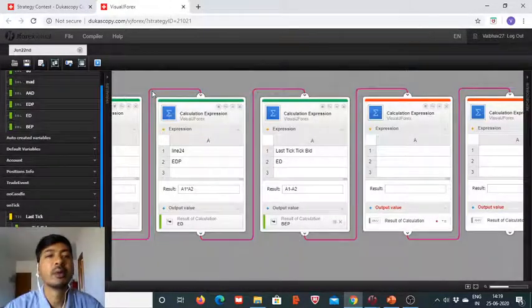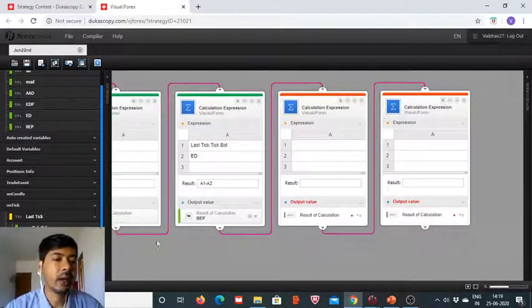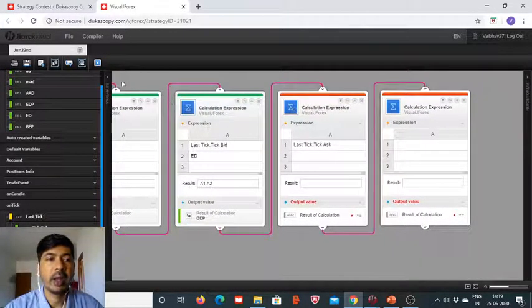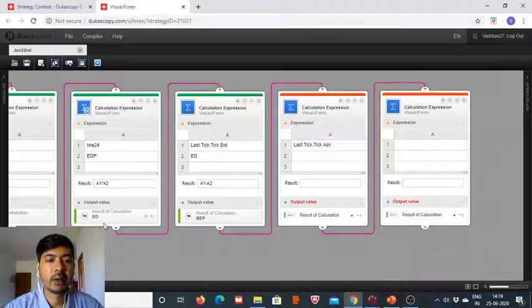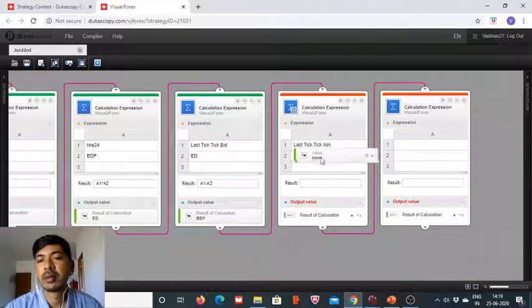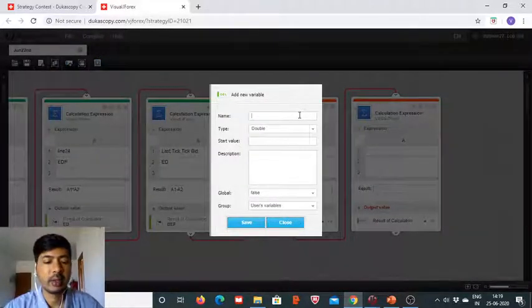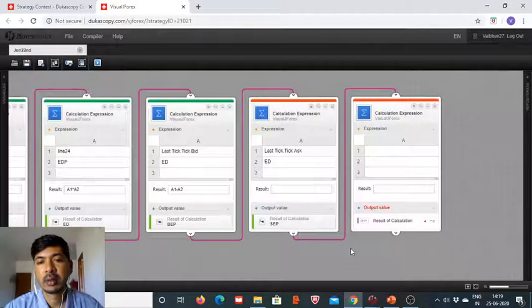Okay, now for the sell side we have to take last tick ask and then add the entry difference, and here we get the SEP, sell entry point. Okay, oh, here we have to do a1 plus a2,